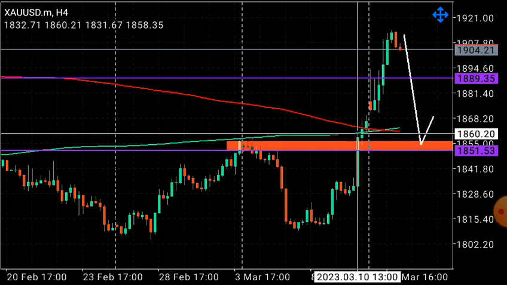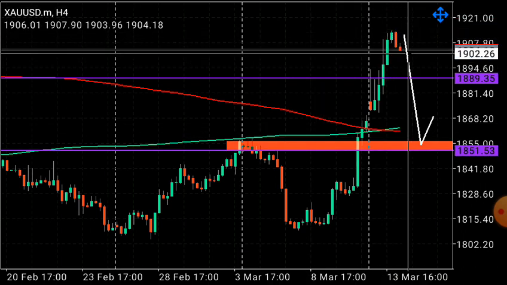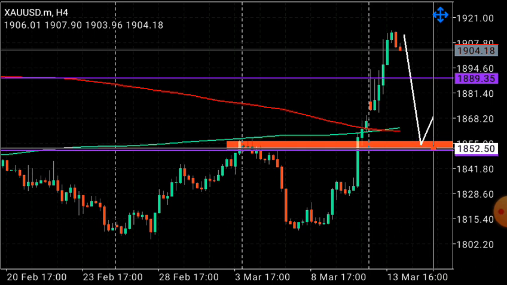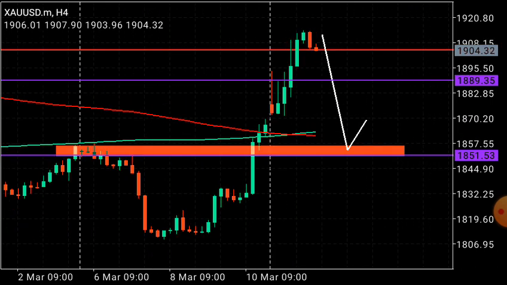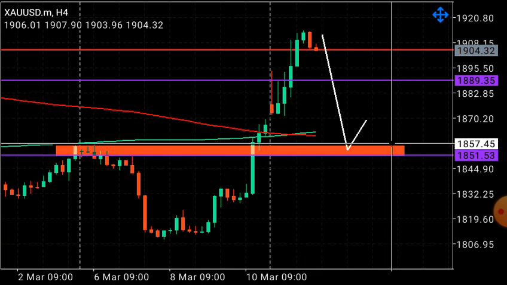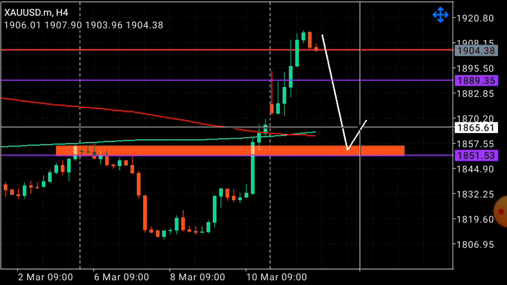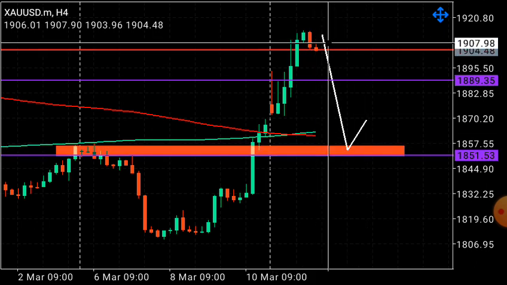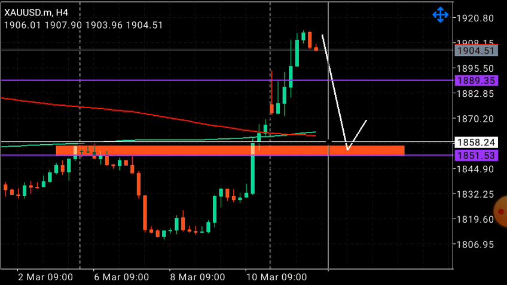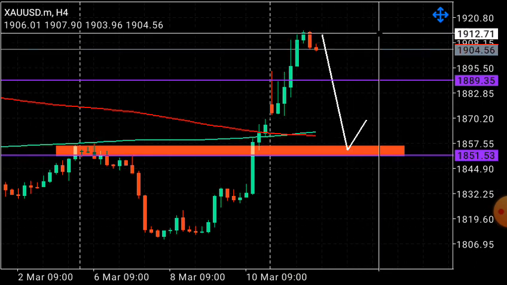So currently we have an impulse out of this resistance zone, and potentially we're looking for a pullback to test the previous zone before we might consider buying the gold market, because what I understand is that the institutional traders, the smart money, are bullish on the dollar, you understand, and the retail traders are selling the dollar. So it might be just an opportunity to lure sellers, and then if they think they will hold longer, buyers come in, and then it's a rocket rise to the upside.